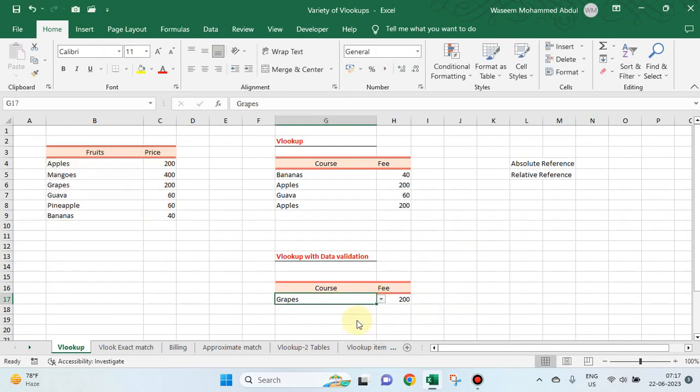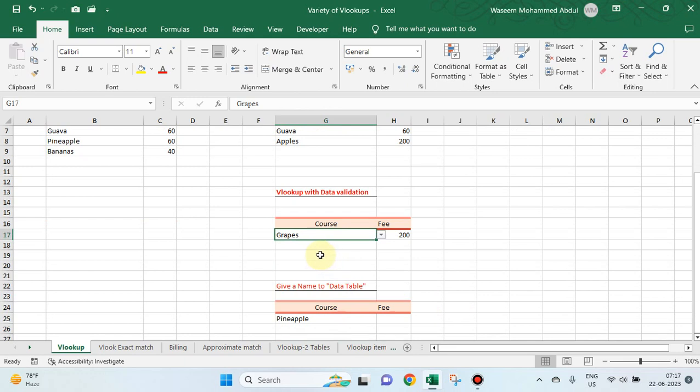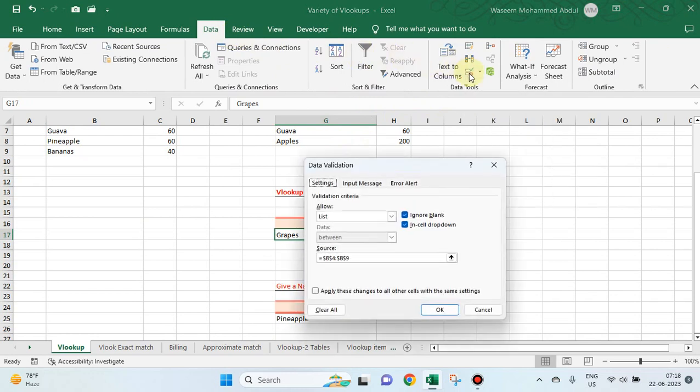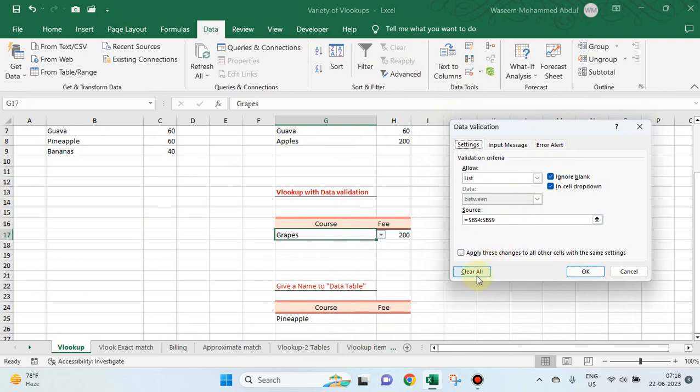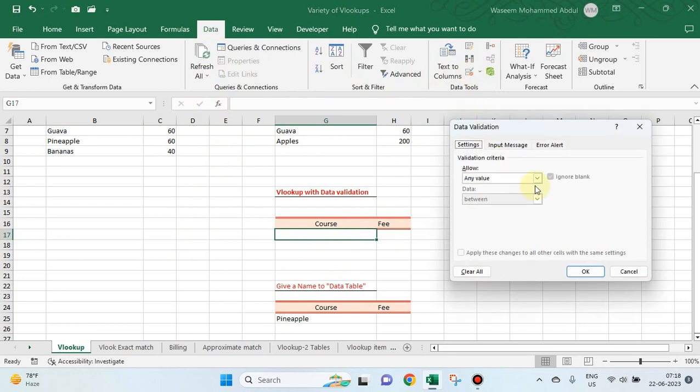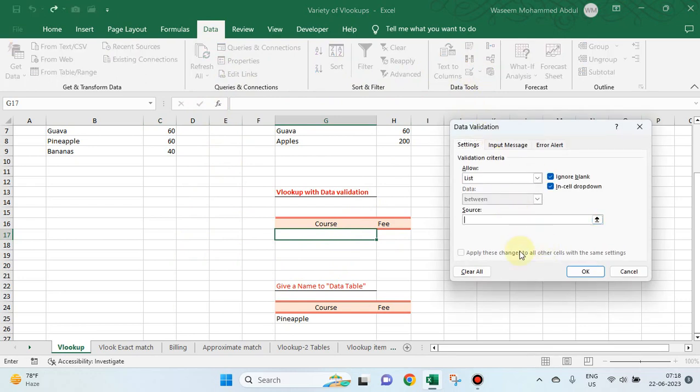So here I have given a data validation. How do you give a data validation? I'll show you. First I will remove this. Data, this is data validation. It is hidden here. Clear all. I have cleared everything from this. I'll remove this also. So we look up with the data validation. Go to data, keep your cursor here. Go to data, data validation, then say list is equal to